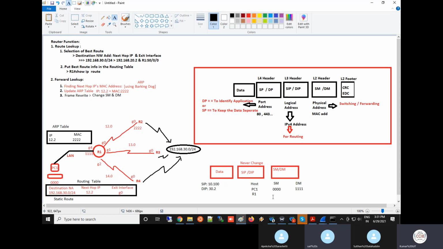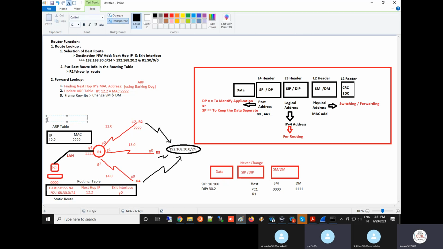What is the source MAC you'll put in the packet now? Source MAC is 111, sir. Wrong answer. So remember this, that's why I asked this question.